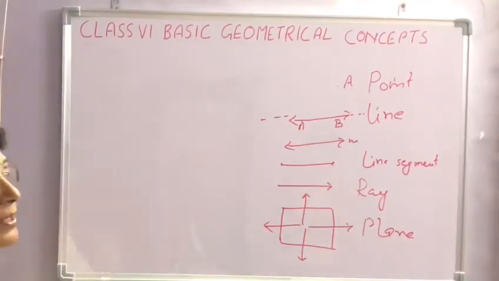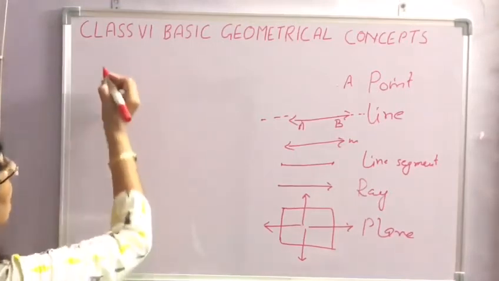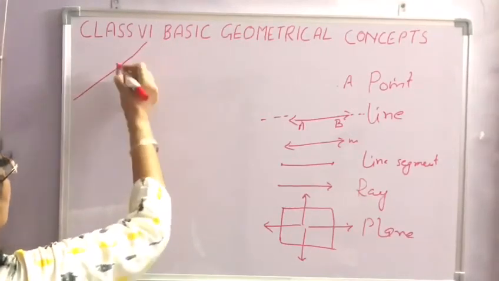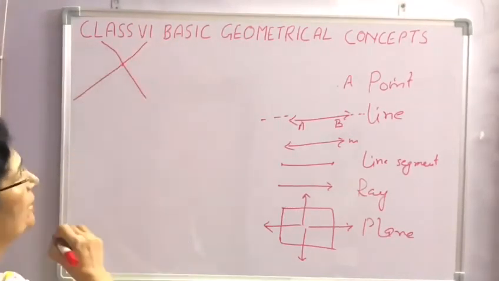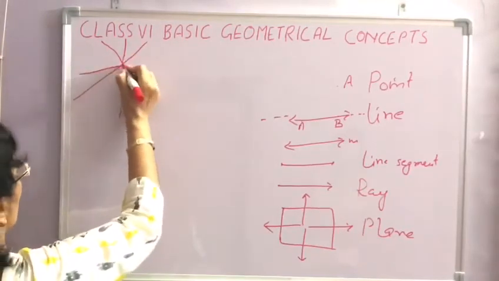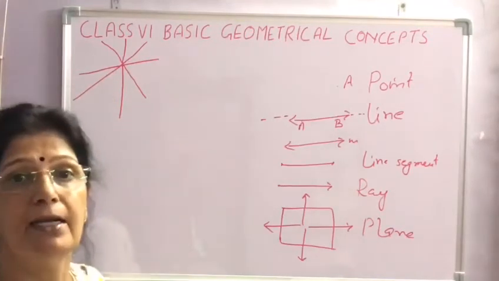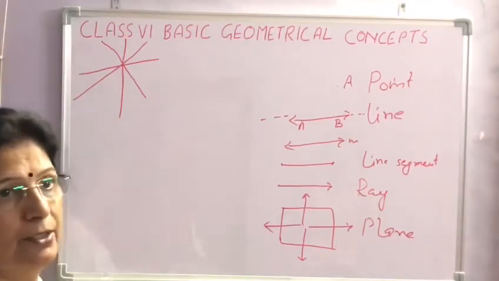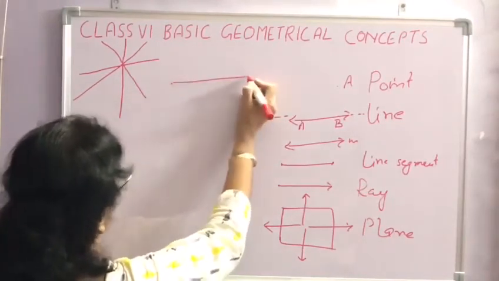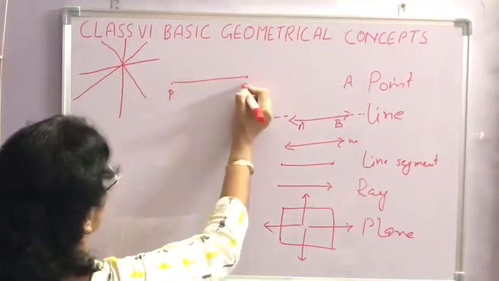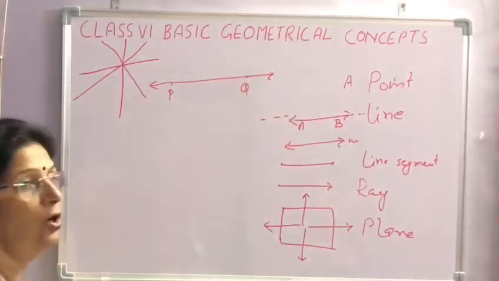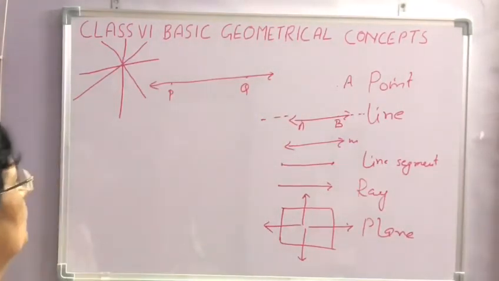Then we are having properties of point and line. Take one point, draw a line. We can draw another line from this point also. Then we can draw another line, a fourth line. It means we can draw unlimited lines from a single point. If we take 2 points and join them, we can draw only one line from these two given points.